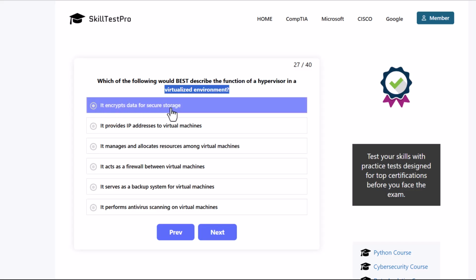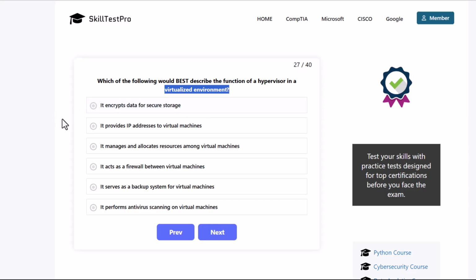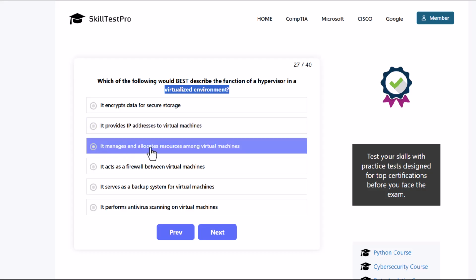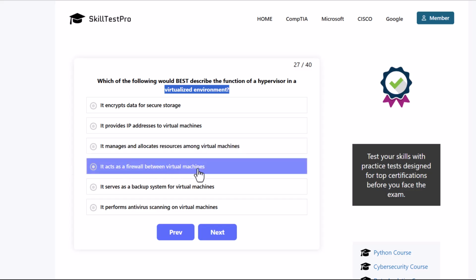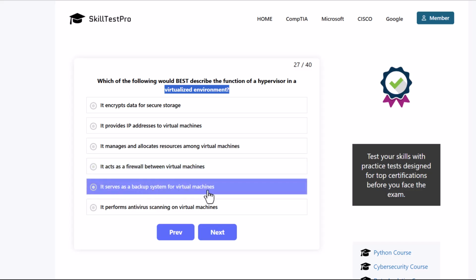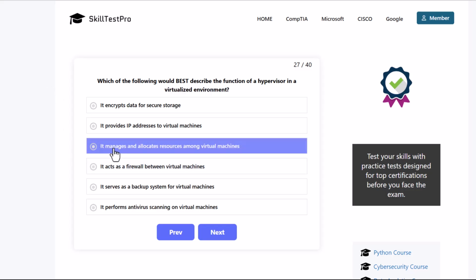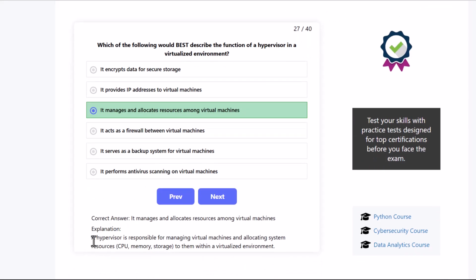It encrypts data for secure storage. It provides IP addresses to virtual machines. It manages and allocates resources among virtual machines. It acts as a firewall between virtual machines. It serves as a backup system for virtual machines. It performs antivirus scanning on virtual machines. And here the correct answer is that it manages and allocates resources among virtual machines, as a hypervisor is responsible for managing virtual machines and allocating system resources like CPU, memory, and storage to them